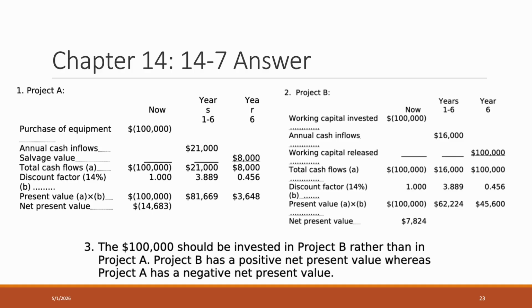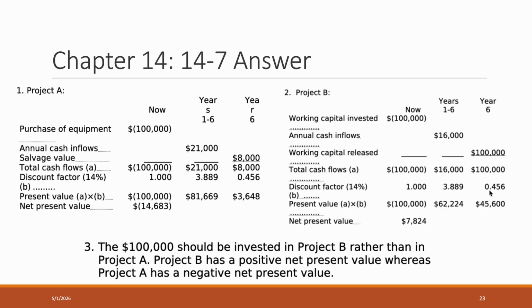So our total cash flows for year 0, or today, it's going to be $100,000. Present value is going to be, the discount factor is going to be 1 because it's today. So $100,000. Then years 1 through 6, again, we discount the annual $16,000 inflow, and we get a present value of $62,224. And finally, we need to discount the final working capital that's released in year 6, and we'll discount